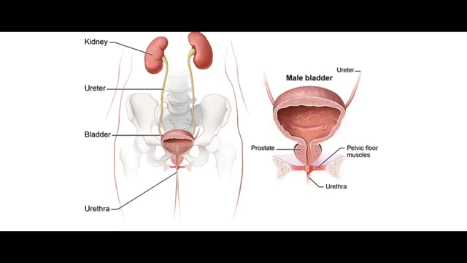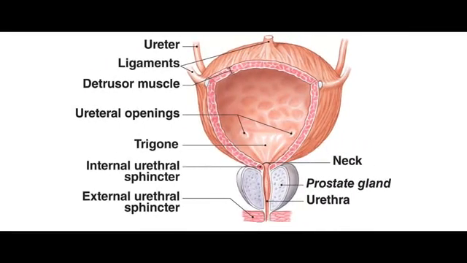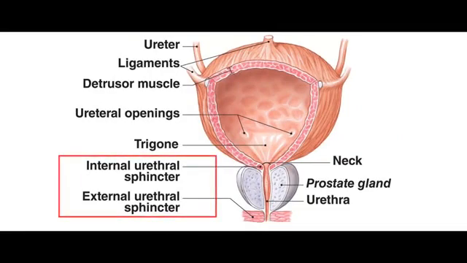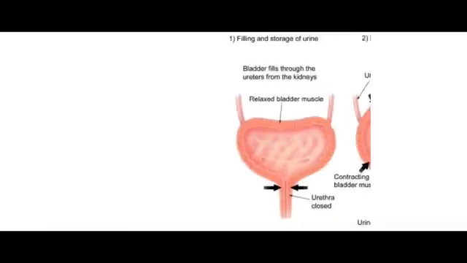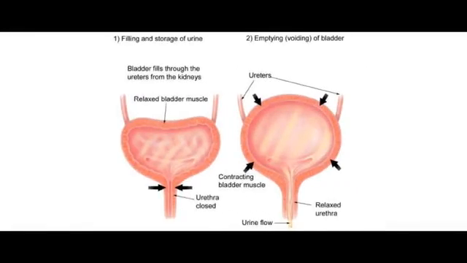Micturition. The urine is temporarily stored in the urinary bladder. There are two sets of circular sphincter muscles in the urinary bladder. The relaxation of these sphincter muscles to pass the urine is called micturition. Once a sufficient amount of urine is collected, for example 300 to 400 ml, although the actual capacity is 700 to 800 ml, some pressure is created on the bladder. Because of this pressure, the sphincter is relaxed.